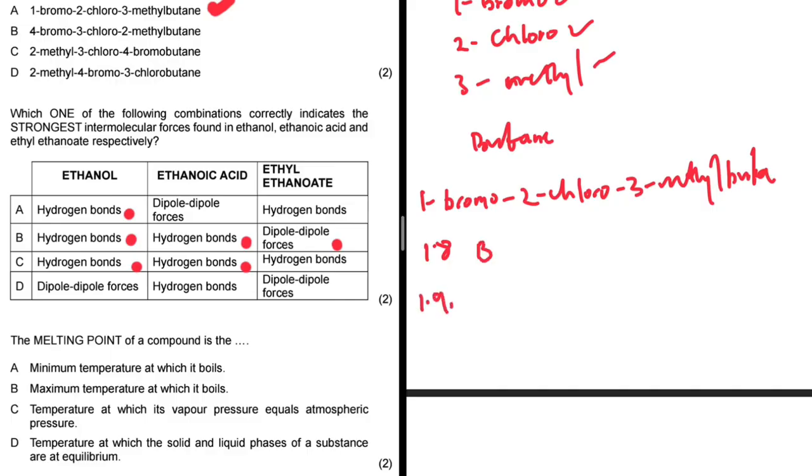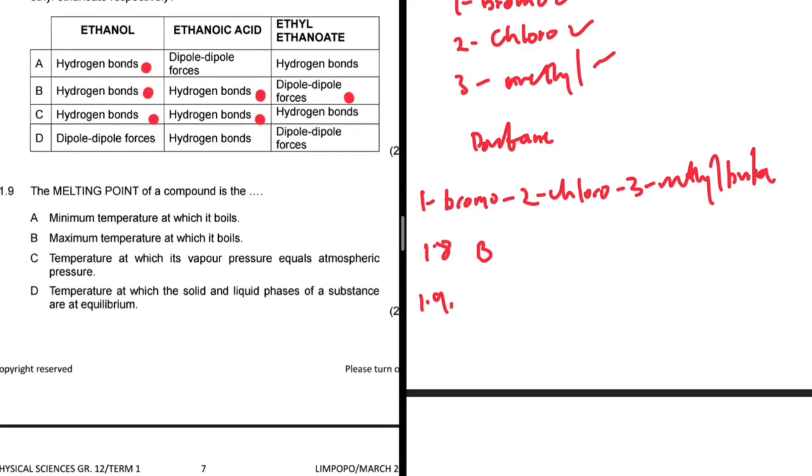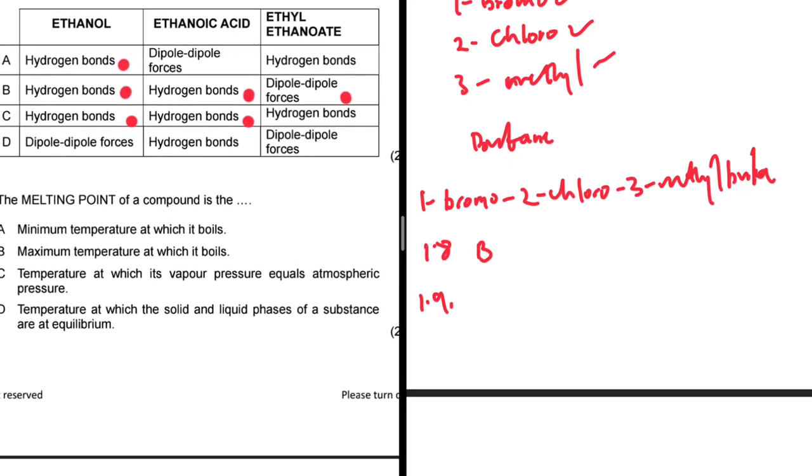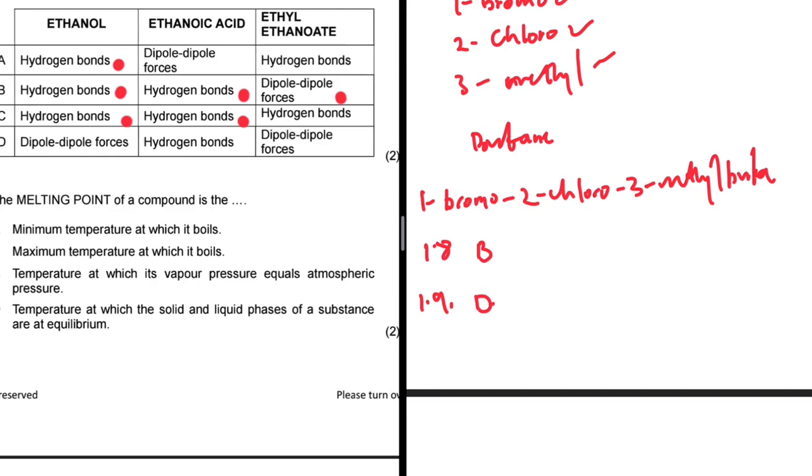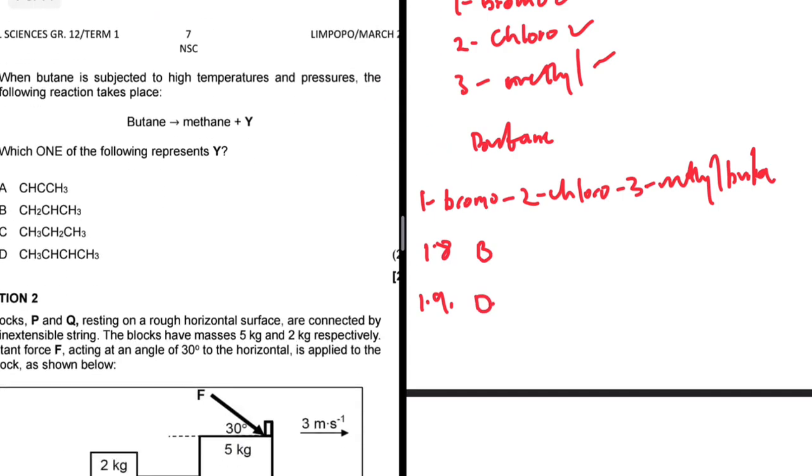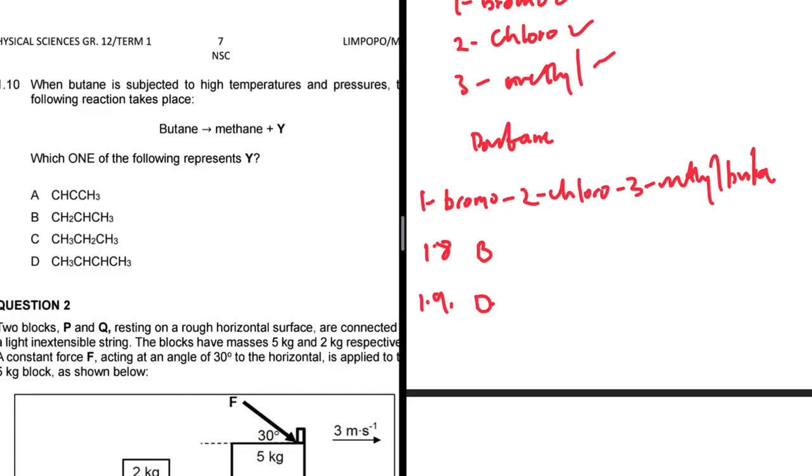Let's take a look at 1.9. 1.9 is just the definition of melting point, which is clearly D, right? Temperature at which the solid and liquid phases of a substance are at equilibrium. And 1.10, there's no such thing as 1.10, guys. It does not exist. There's only